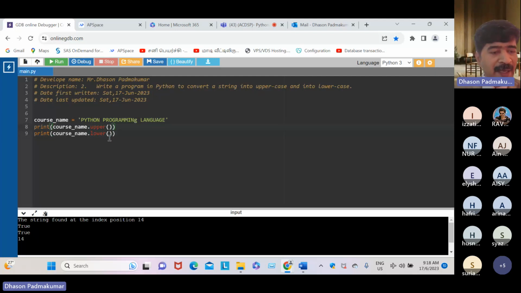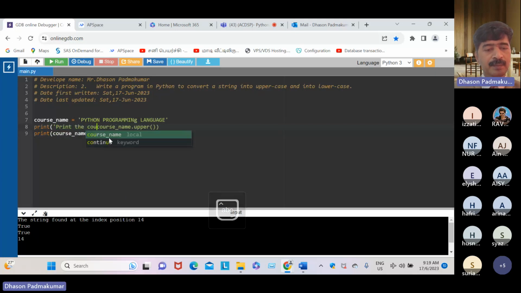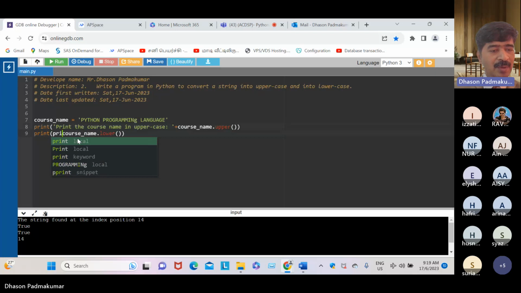So in this case, you can make it more professional, and here: print the course name in uppercase. So the look and feel, dear student, that's very important, right? Whether it is a one-line program or two lines program or 100 lines, make it more readable and looking professional.